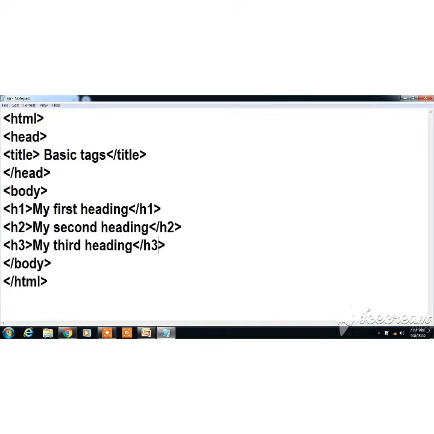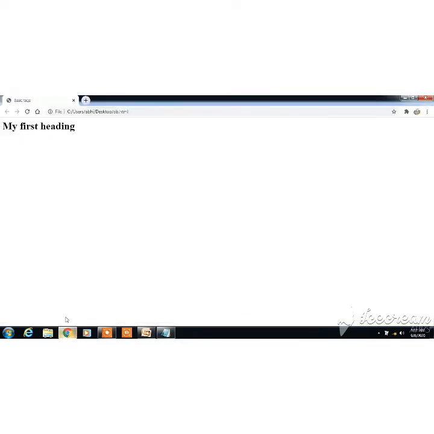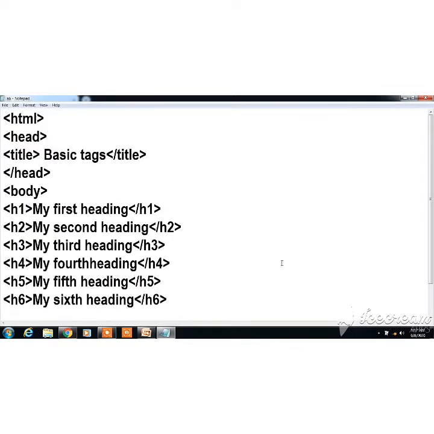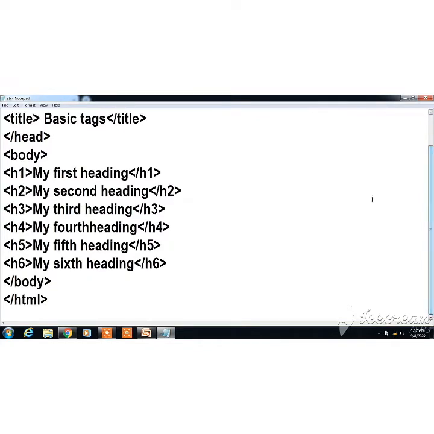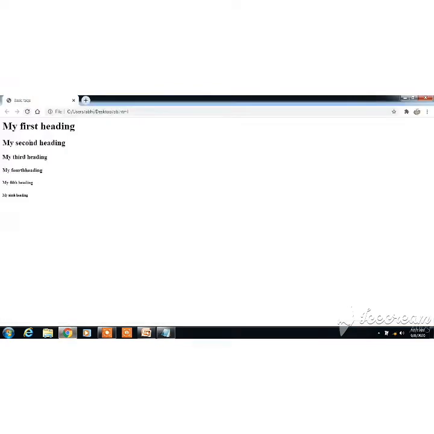Fine. Let's see the output now. Save it. Control S is used to save. See what is changing. It is much bolder, and after that the font is getting changed, right? Are you understanding my point? Similarly, you can use H4, H5, H6, okay? And let's see what the output is. We have closed everything, fine. First save it and let's see the output. Am I clear? Only the font is getting reduced, fine.